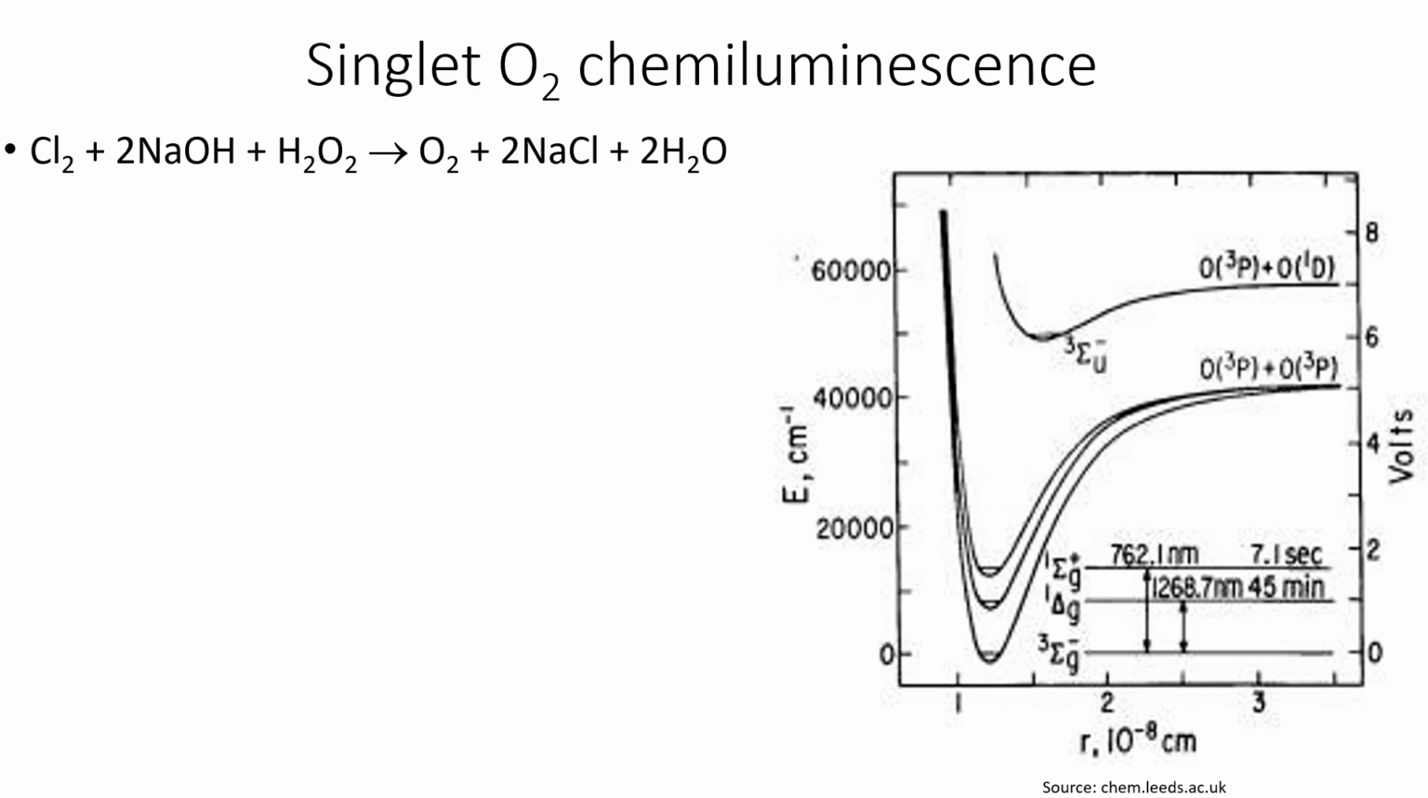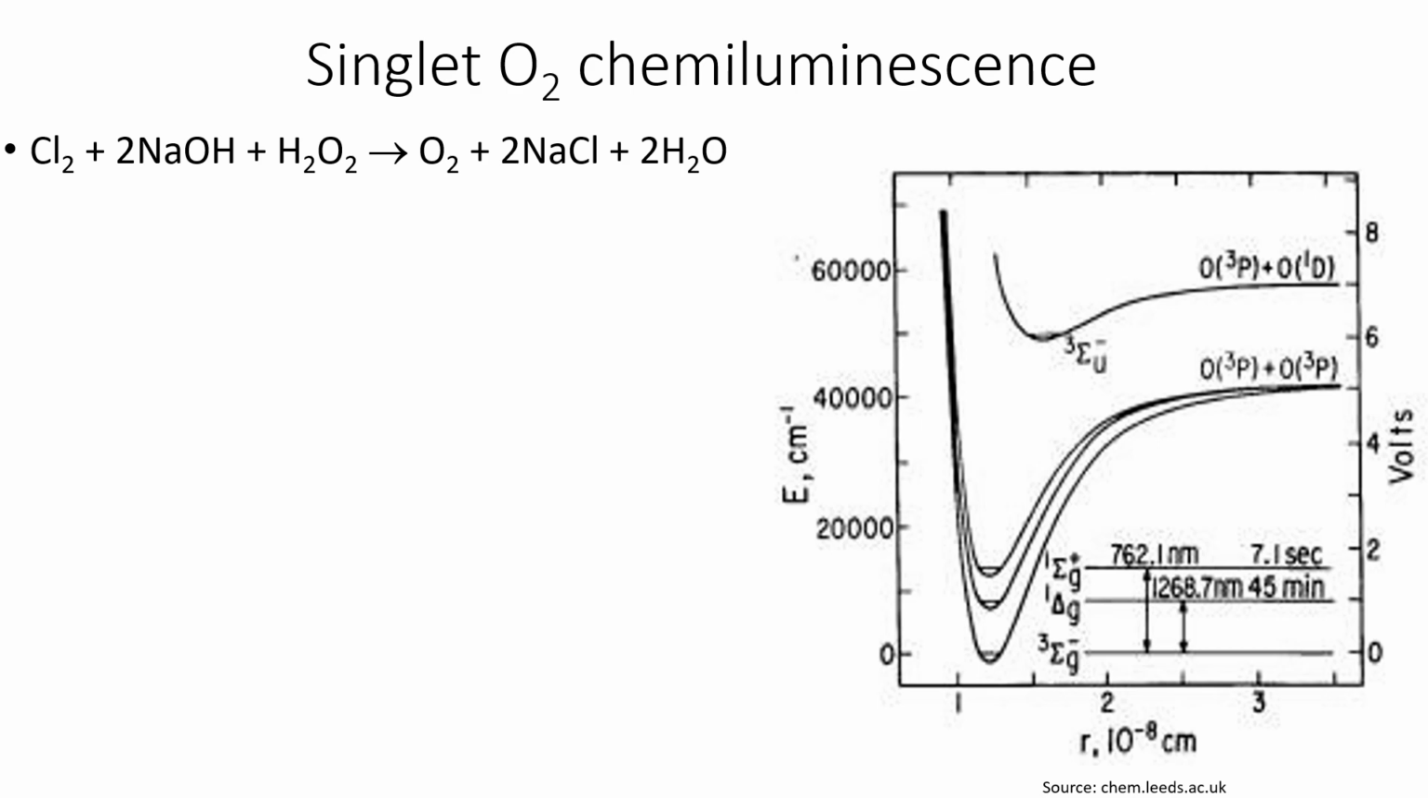So 762 nanometers is the wavelength that connects the second excited state to the ground state, and 1268 nanometers is connecting the first excited state with the ground state. Of course, the wavelength is inversely proportional to the energy, that's why it's a bigger number lower down. Next to that we've got the lifetime of the state. You've got 7 seconds at the top. That might not look like very much, but that is actually a very long time